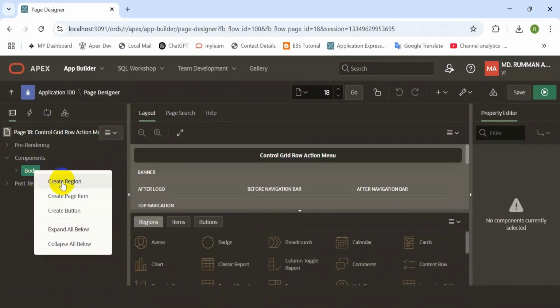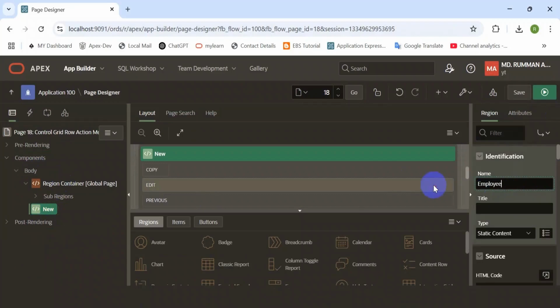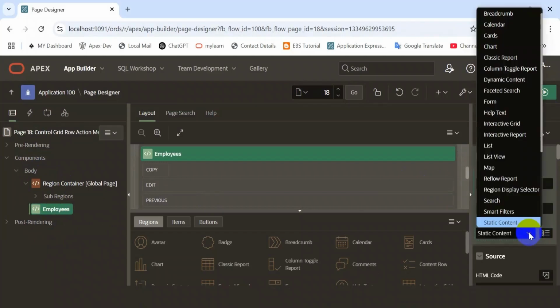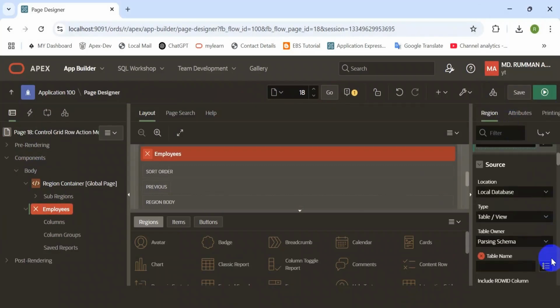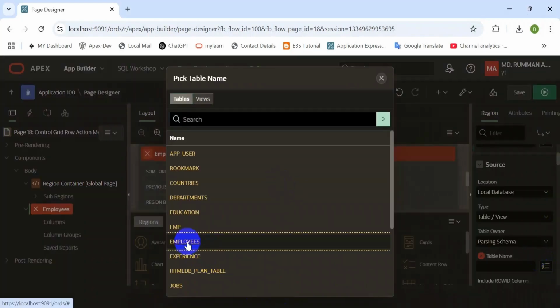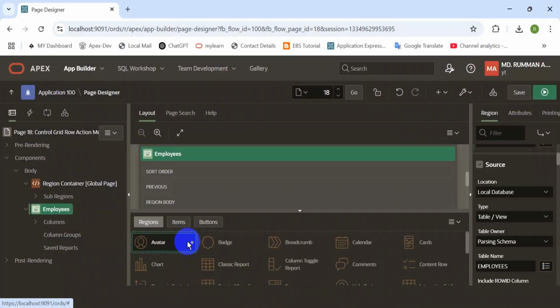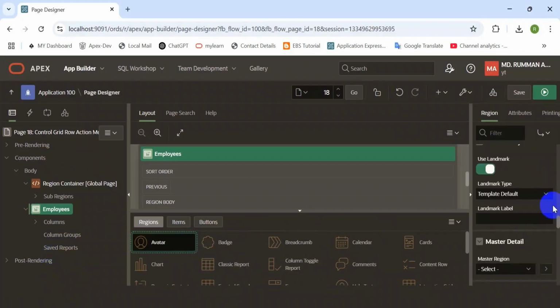Here I also take the region and change its type to the interactive grid. And on the source tab, define the table name. Here I use employees table. You can use any table as you wish,